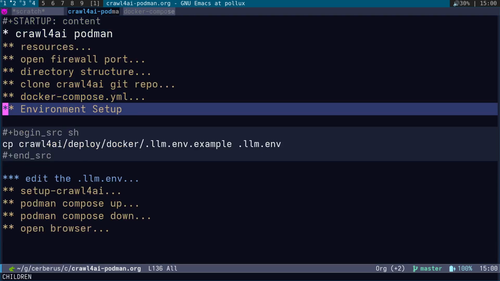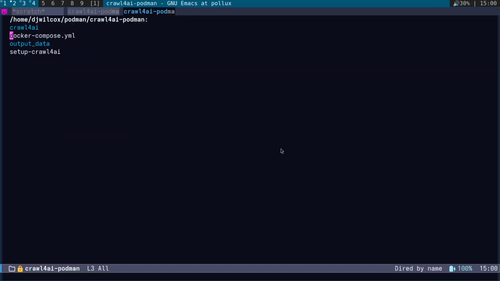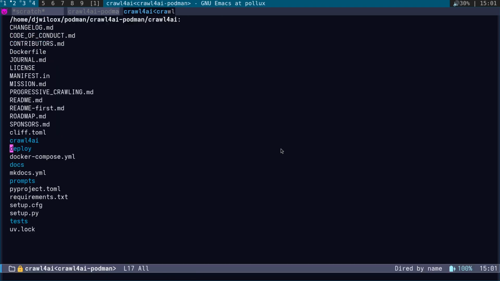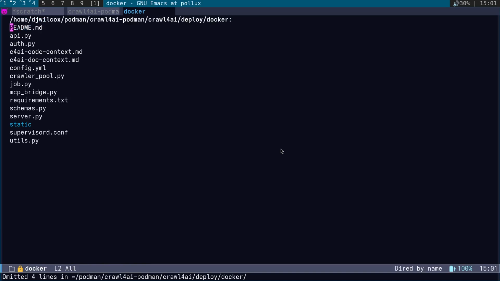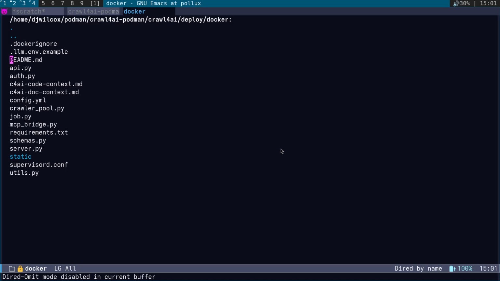Okay. So the next step is creating the environmental setup. In the crawl4ai Git repository, there is a deploy docker.llm.env.example file. And what we need to do is copy that to the current directory and name it .llm.env. So I'll show you the actual file. So crawl4ai, deploy, Docker, and it's actually a hidden file. So you can see here,